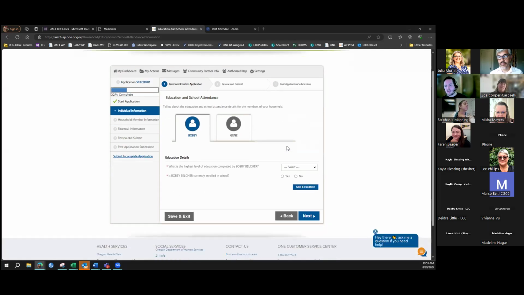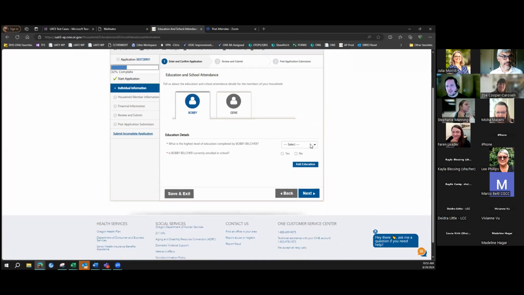Education and school attendance. I imagine this comes up fairly frequently for college navigators in particular. So it's going to be asking these questions for a few different reasons. So again, with the ABAWD program, being a student could potentially exempt you from work search requirements. And if someone is a student of higher education, SNAP needs to determine if they are an eligible student or if they're an ineligible student.